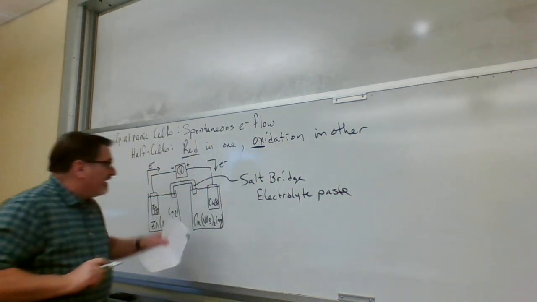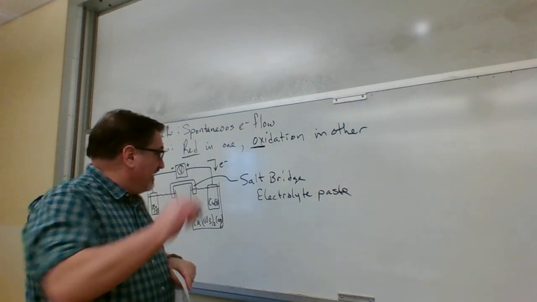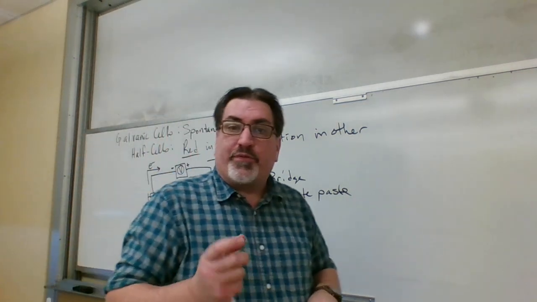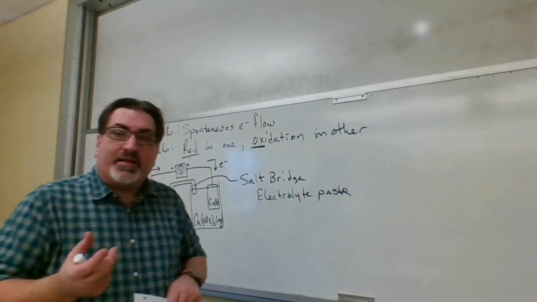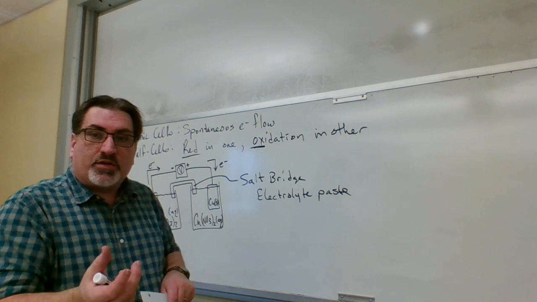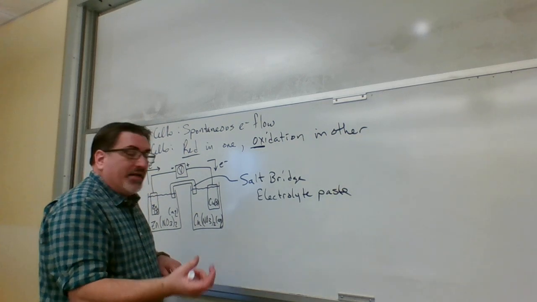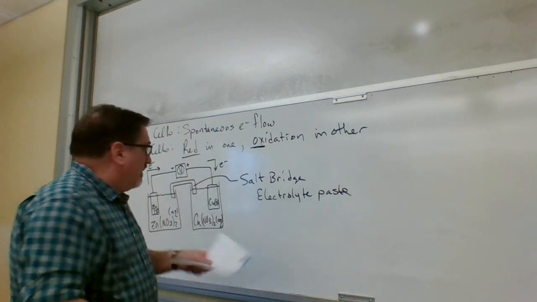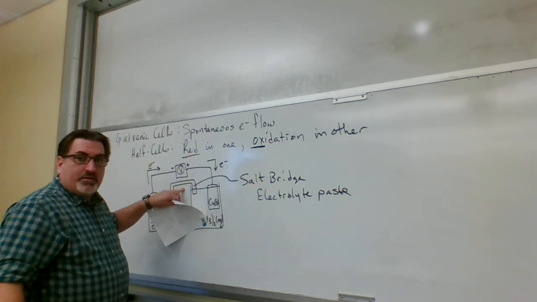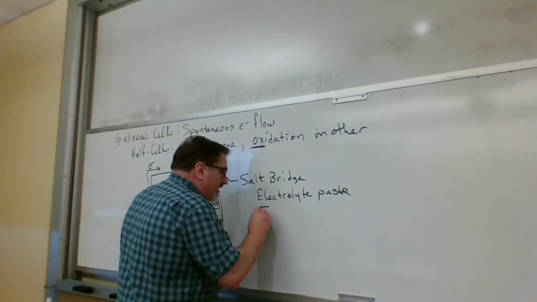And at the end of each of the parts of the tube where it dips into the solution, there's what's referred to as a frit built into the tubing. It's basically like a piece of porous stone, like pumice stone. They kind of look like that if you ever look at one. But it allows ions to pass through without just letting all of the material inside the salt bridge dump into the solution. So a frit at each end